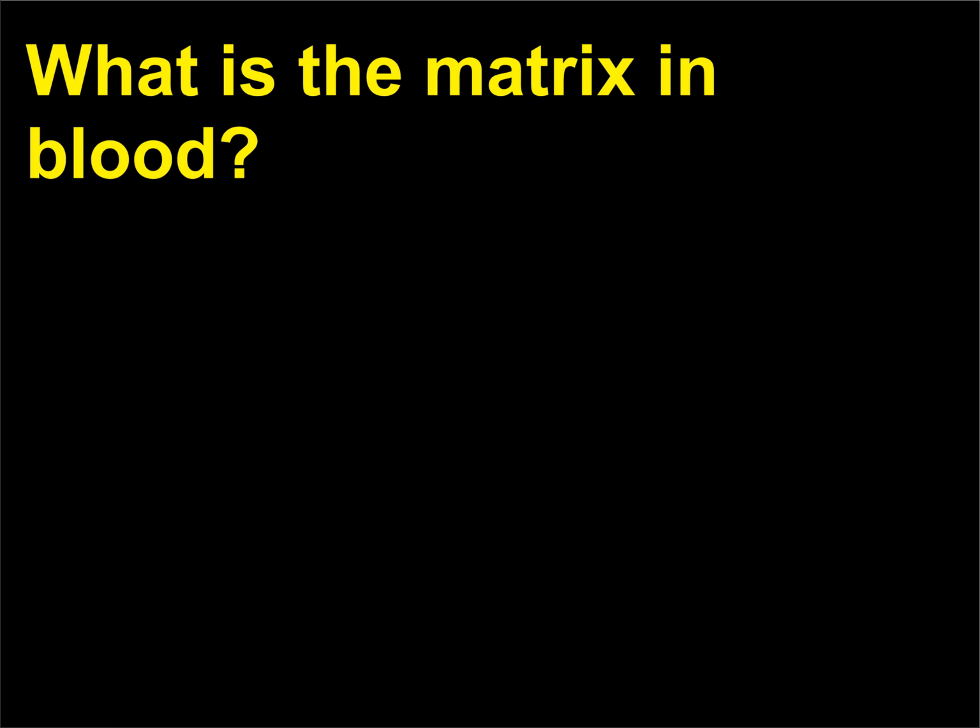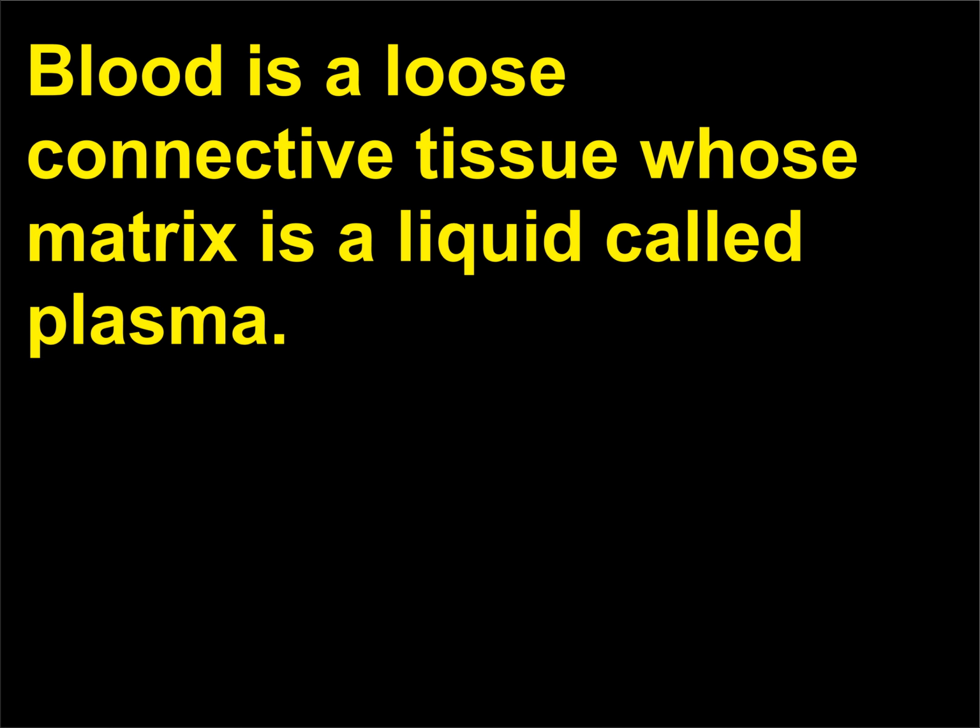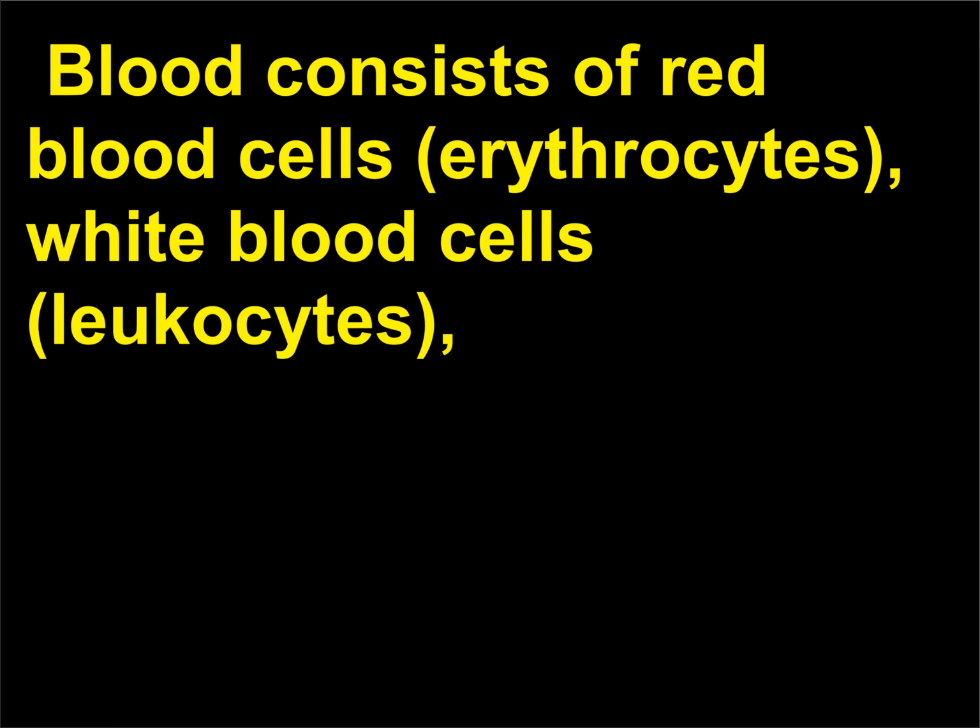What is the matrix in blood? Blood is a loose connective tissue whose matrix is a liquid called plasma. Blood consists of red blood cells, erythrocytes, white blood cells, leukocytes,